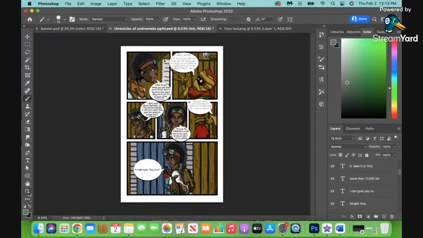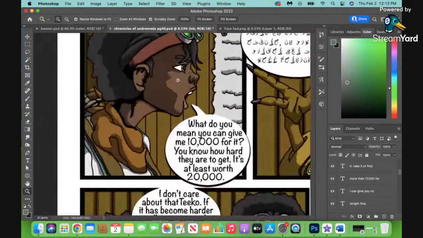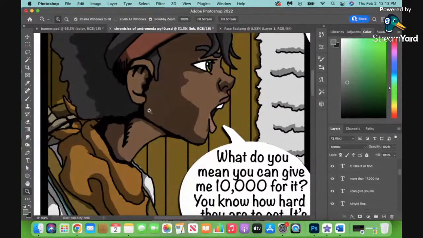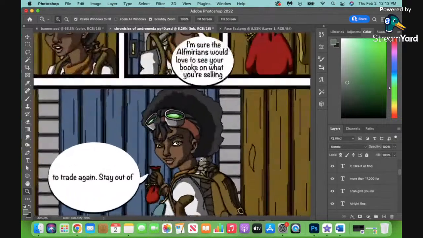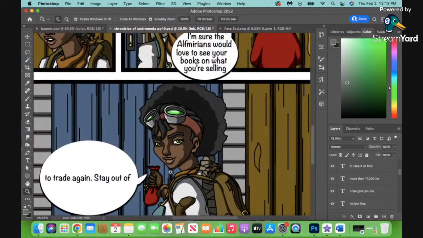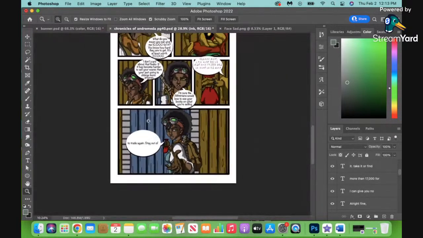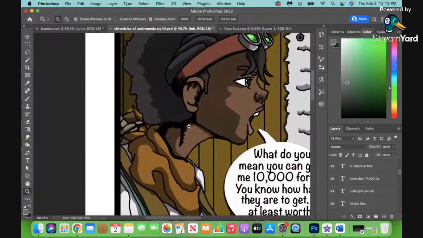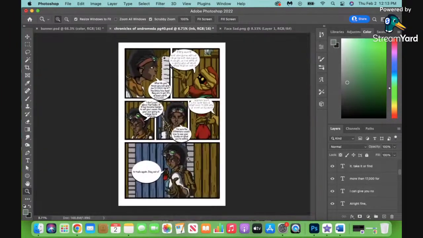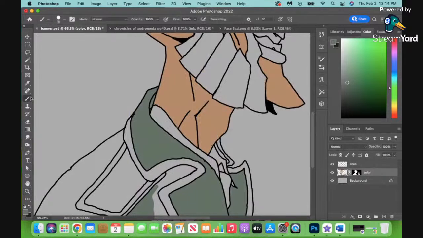But I'm trying to decide, I'll zoom in on it right here, whether I want to go in and do that inking look, where if you look at the other ones, it's just more like a cartoon. I'm trying to decide if I want to go back and add that extra detail in there. But generally, it's called Chronicles of Andromeda, and it takes place in the Andromeda galaxy,